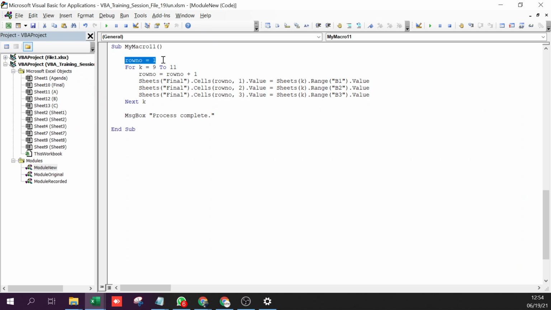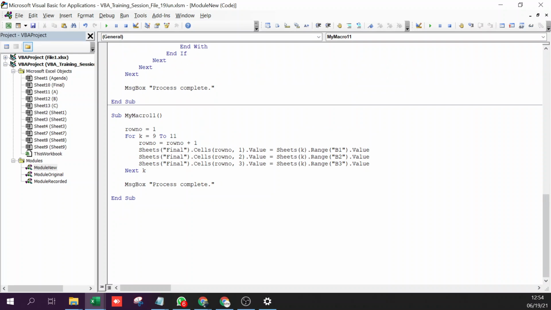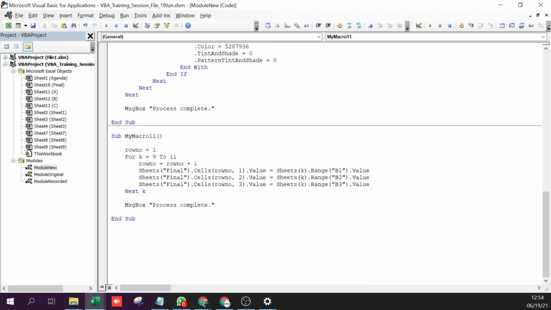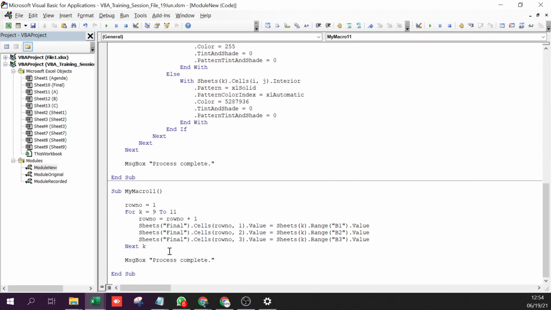Right. So this is how we used another variable inside the loop and we incremented that variable. And then we used it. That's how you solve such a problem. So I guess that's the end of today's session.